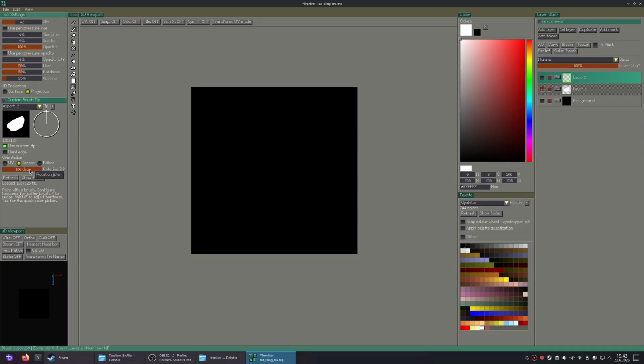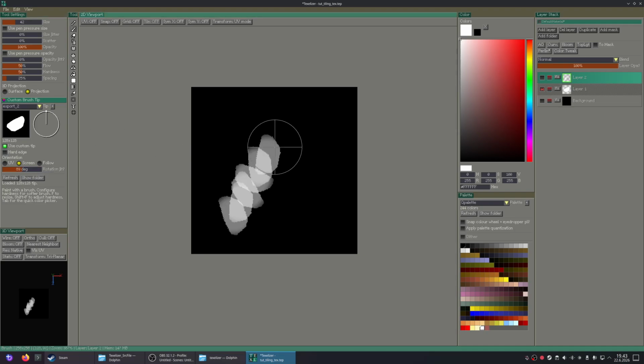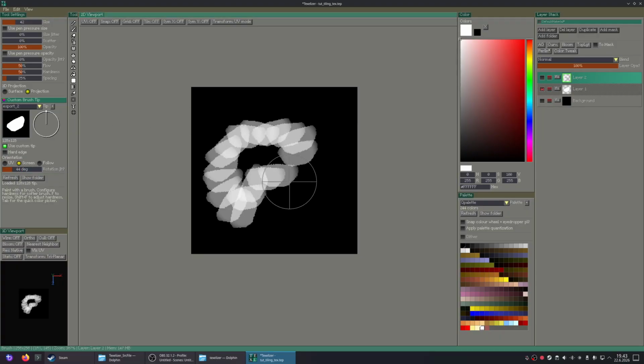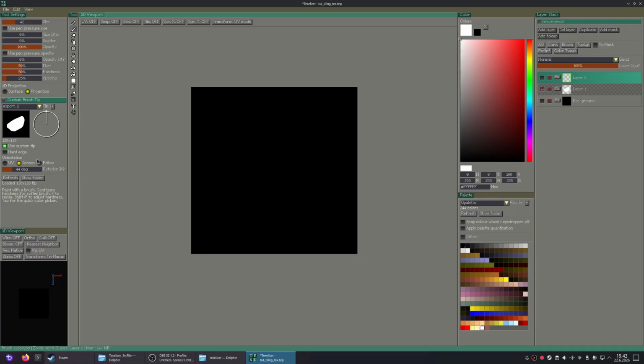And if you put it to 180 degrees, it means that it can rotate the tip 180 degrees clockwise or 180 degrees counterclockwise with each dab. If you put it on 90, it will result in a 180 degree arc instead. So yeah, you can use this to add a bit of randomness to your stroke.